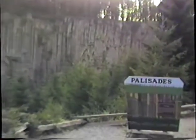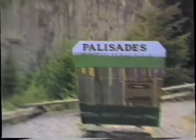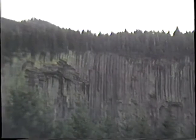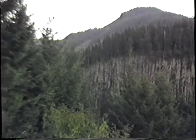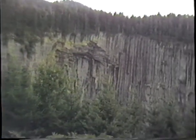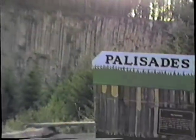I don't know how well this is going to show up or not. This is the area called the Palisades, which is what this formation is known as. This one's called the Devil's Post Pile. Michael and I just about had a wreck coming down here, and then we had to drive the wrong way down the road to come back and look at this, because you just get a peek at it from the highway. It's really a strange formation of rock, and I don't know that you can get as much of an appreciation for it on film as you do actually seeing it, but this little ditty right here explains